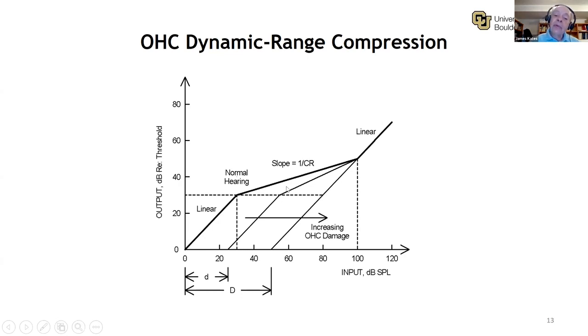But the region of dynamic range compression is therefore reduced. We have a lower compression ratio, and a narrower region over which compression occurs. So when we have the maximum amount of damage, the ear becomes essentially a linear